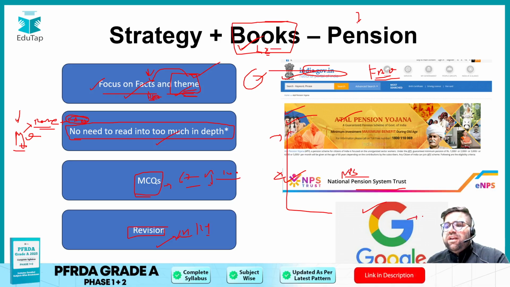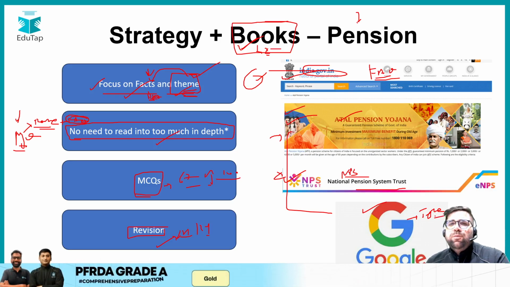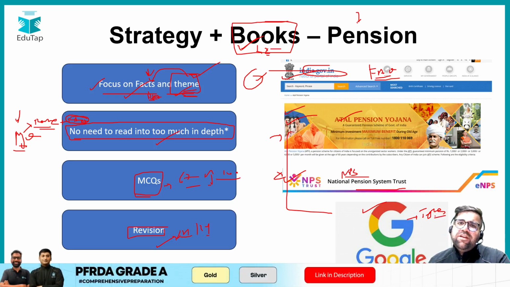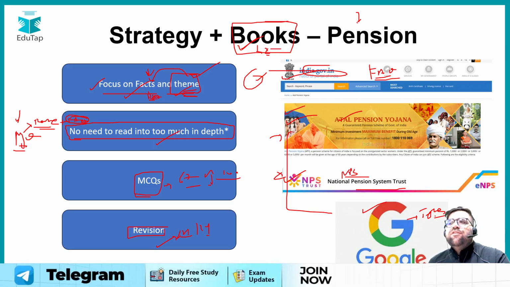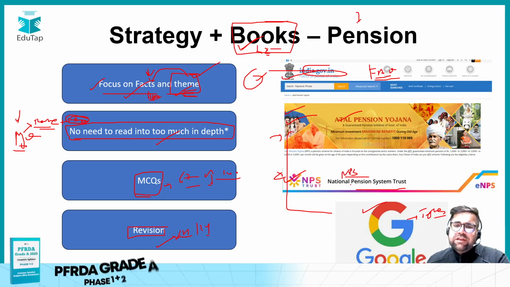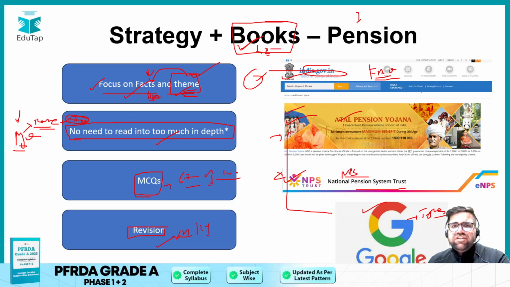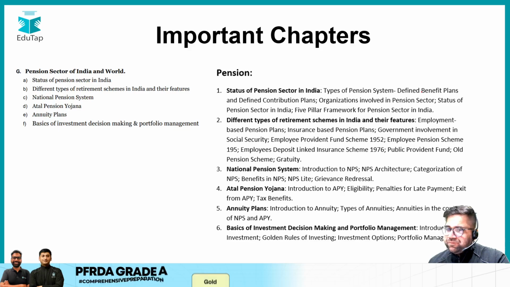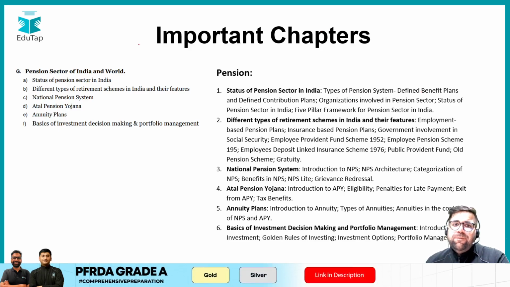For example, you can type on Google different types of annuities. Now multiple pages will open, but you only have to cover two types. Like you have your deferred annuity and ordinary annuity and multiple other types. But even if you cover the basic one, you will be going good. So there is no need to become an expert in pension. Just cover what is asked in the exam, and you can analyze the number of questions with the help of previous year questions also.